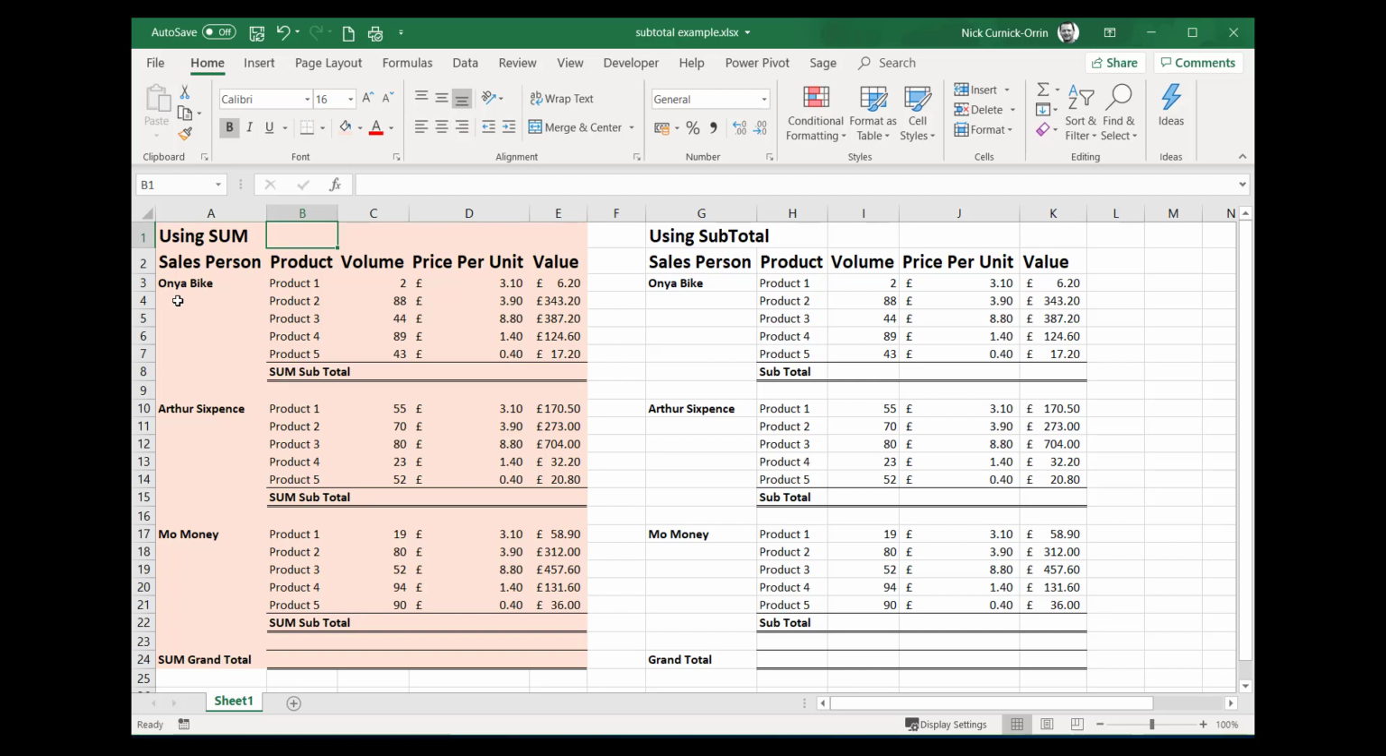Hope you're all well. I've just got this little formula here which I thought you'd be interested in. We've got a report where we have a bunch of salespeople, Anya, Arthur and Mo, and they're selling various products at various volumes, price per unit, and then a calculation to work out the value of sales of those particular products. Now I want to work out the subtotal of the volume for each salesperson and then a grand total